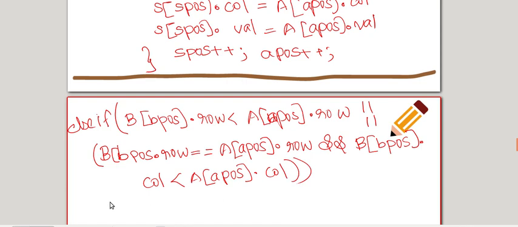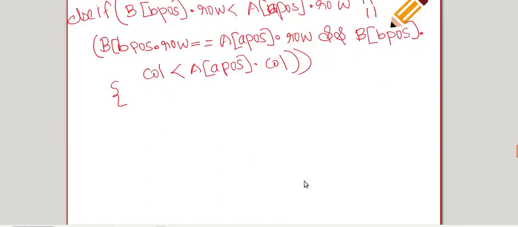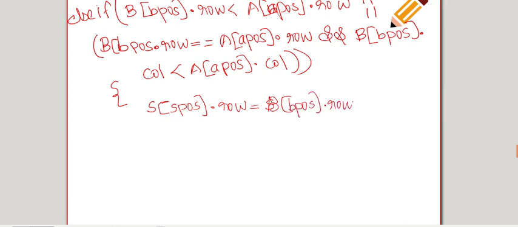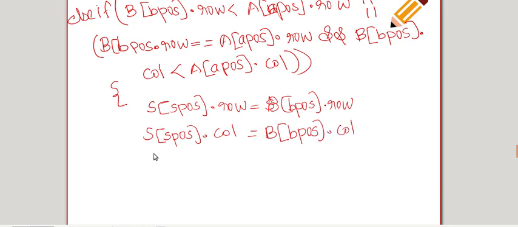If these conditions are met, I can copy an element from array B to S. So S of S pos dot row is equal to B of B pos dot row, and S of S pos dot column is equal to B of B pos dot column, and S of S pos dot value is equal to B of B pos dot value.